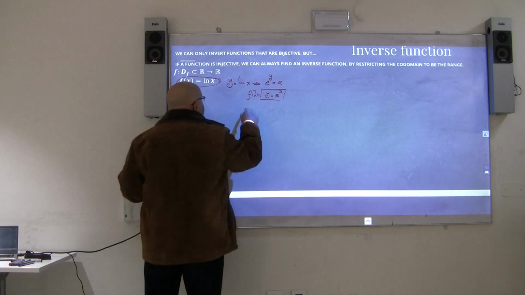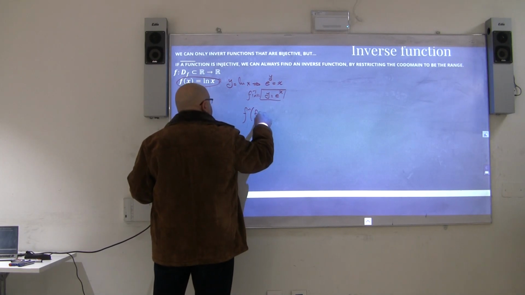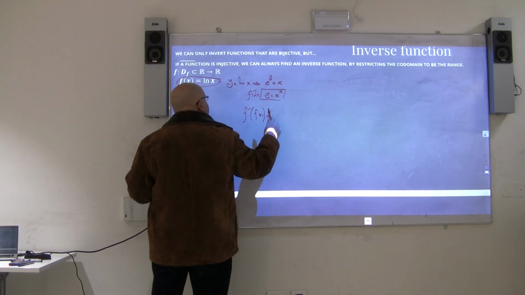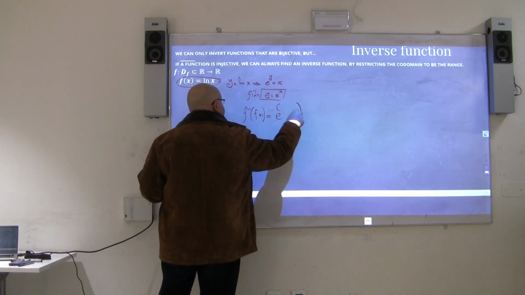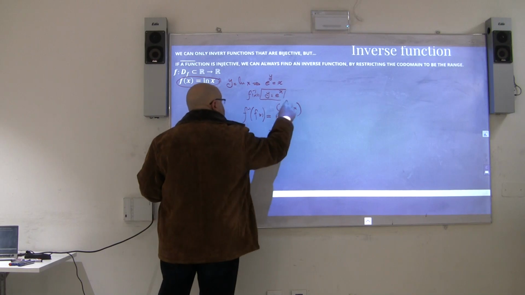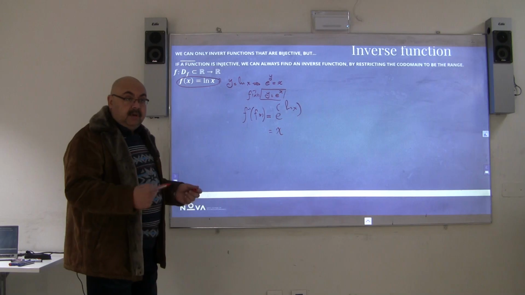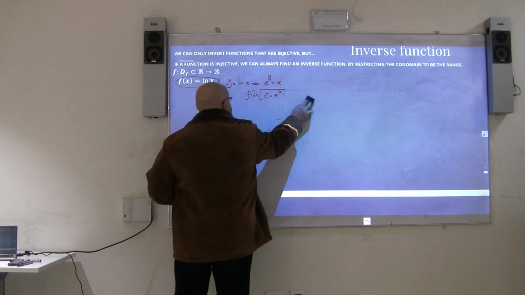Yes. Get f minus 1 of f of x, which means f minus 1, which is e to the power of f of x, which is ln x. Yes, you are correct. E to the power of ln x is equal to x. So it is correct. Okay, if I want to graph it, you will see the graph shortly, just in a